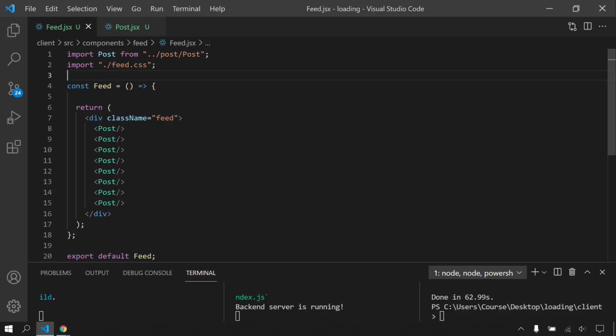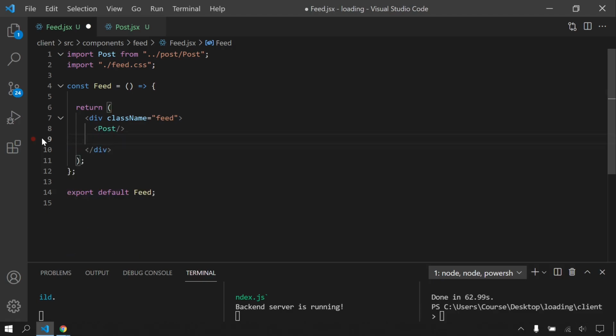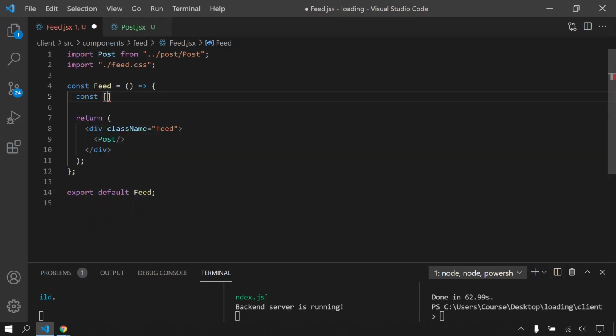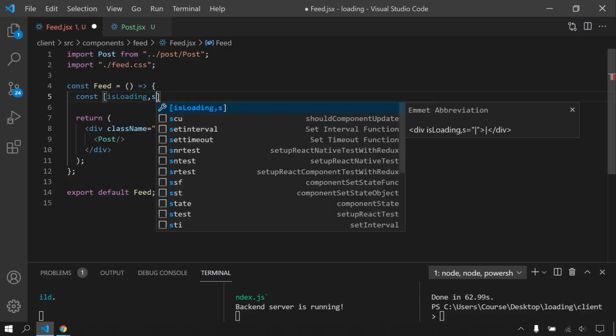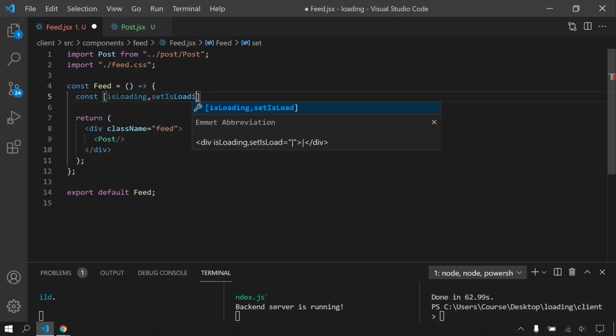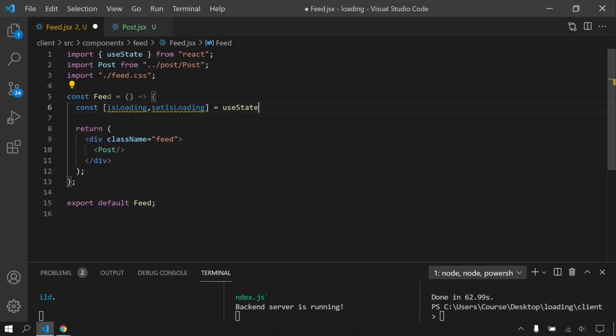So instead of using posts like this, I'm gonna fetch my data and assign each post for this post component. So how I'm gonna do this? Firstly, I'm gonna create two states here. First one will be isLoading, and I will say setIsLoading, and I'm gonna use useState hook here.